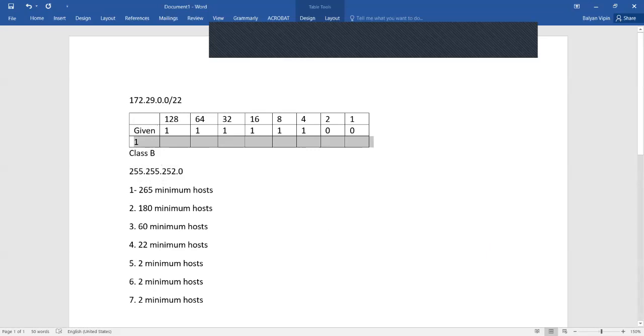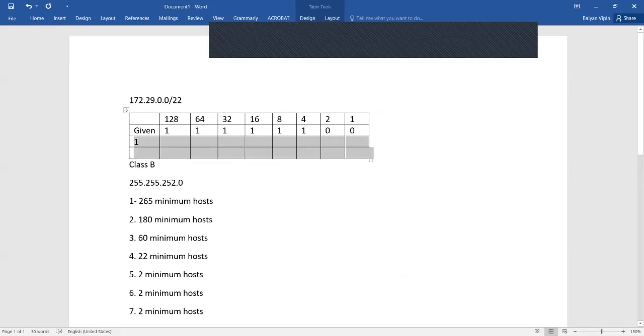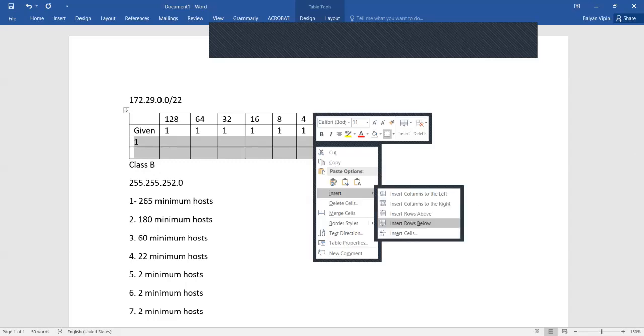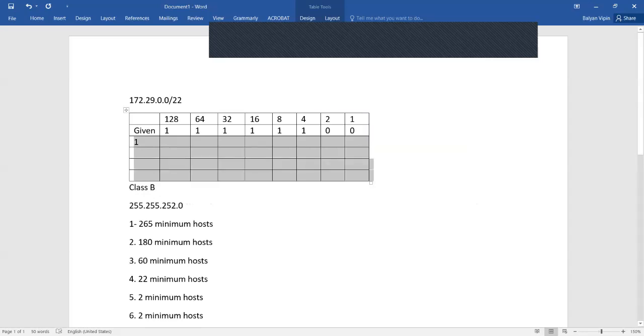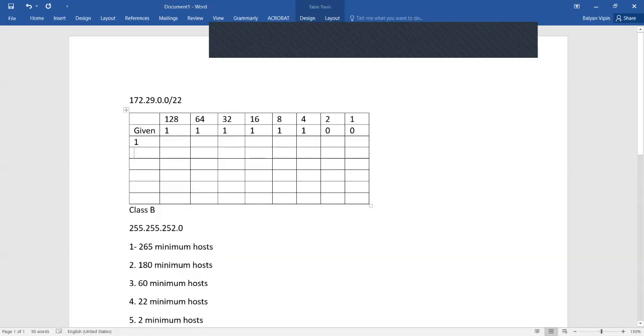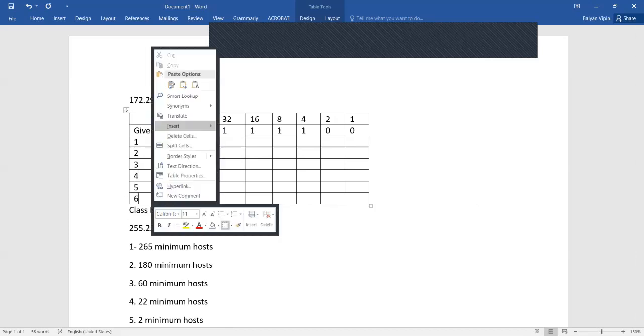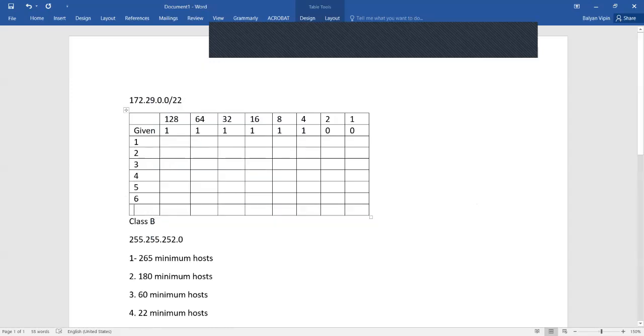In a similar way, I insert 7 like this: 1, 2, 3, 4, 5, then 6, then 7.